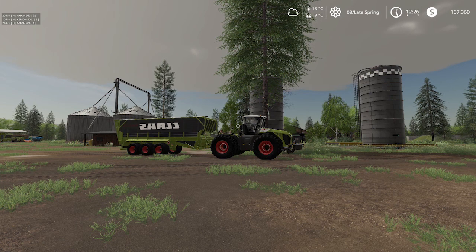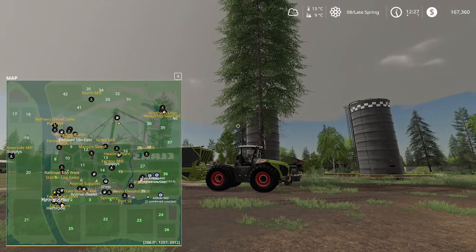So we've had a wholesale change at the farm, gotten rid of all the old Claas, gotten rid of the non-Claas stuff where possible, and brought in all Claas. So it's going to be a classy series, just by the actual equipment, not necessarily by the content. Anyway, we'll move along. So, what we've got going on at the moment, if I bring up the mini-map, is